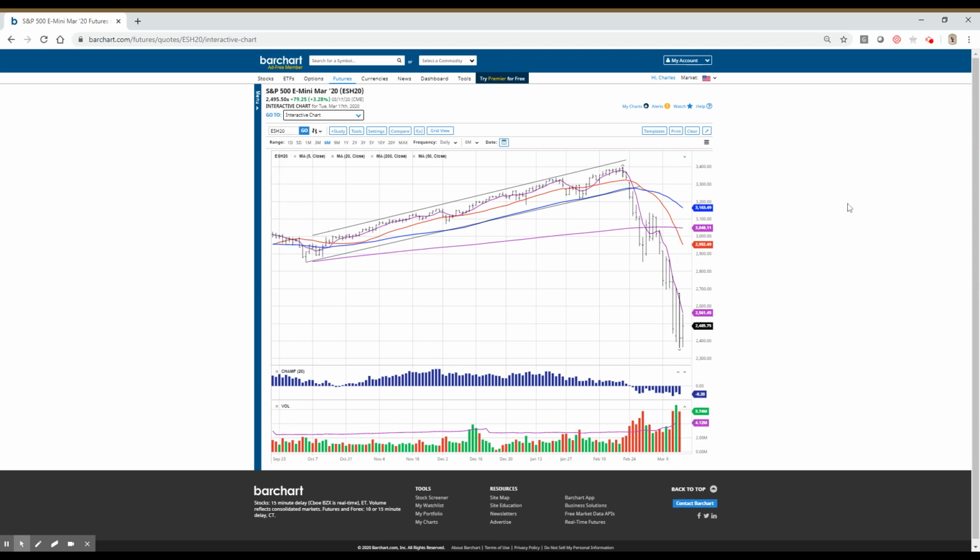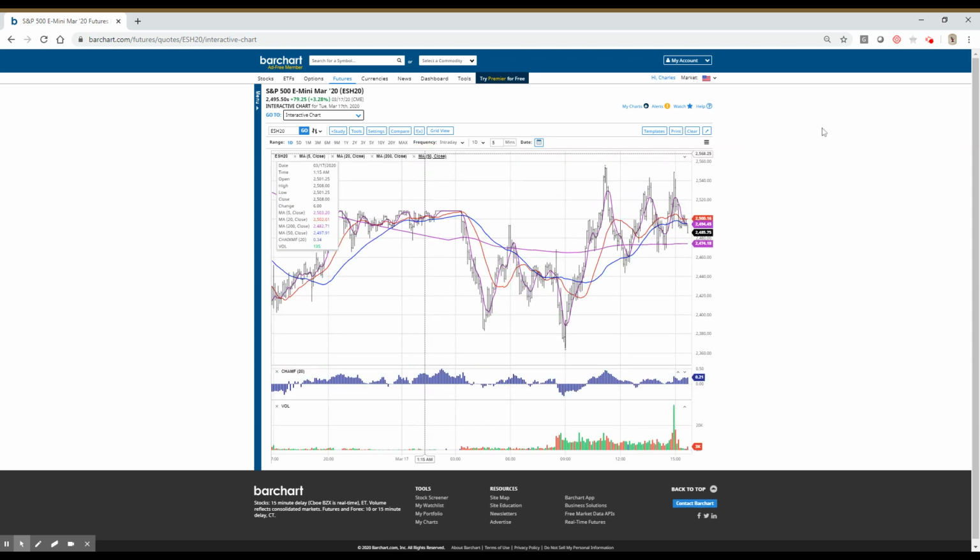And so this is the kind of day that we get the ability to look at things and at least have some sort of idea as to what risk is. Right now, this low is 2365, and the high today was 2554. At least it gives us some perspective on a trading range